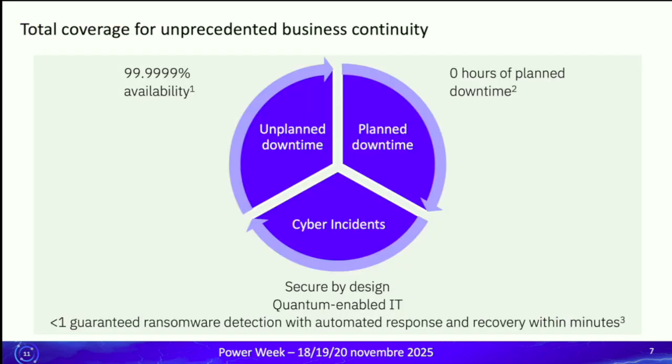Juan had this chart up earlier on, but I kind of look at it from a different perspective, where you look at unplanned downtime, planned downtime, and cyber incidents as three items that we brought together with Power11. In previous Power generations, we would have taken unplanned downtime and treated it separately, worked on planned downtime separately, and cyber separately. Power11 brought these capabilities together. Unplanned downtime, 6 nines availability. That translates to